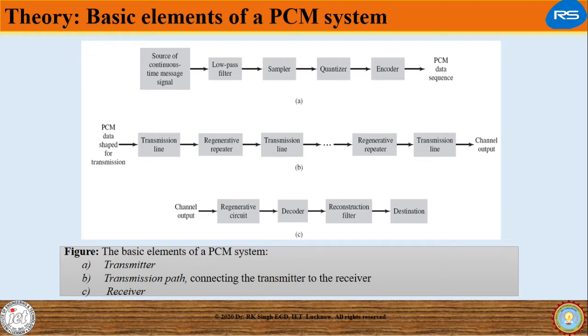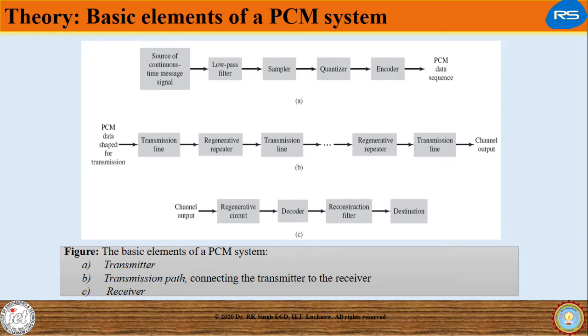In between is the channel, where there may be some attenuation of the transmitted message. So, in order to accommodate the distortion and attenuation during transmission, we need regenerative repeaters at some distant points